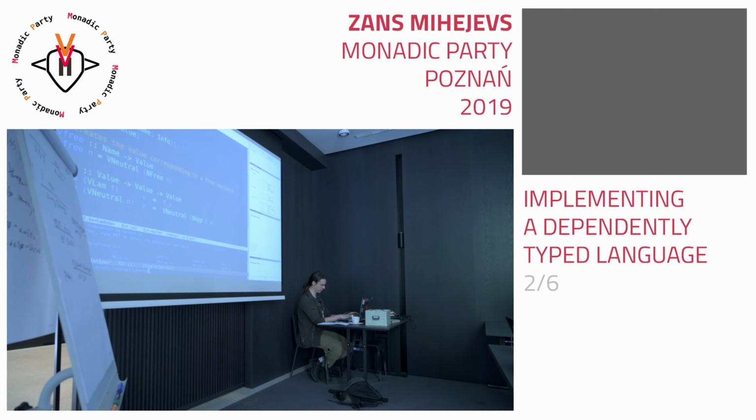The next thing we're going to look at is the evaluator. It's extremely simple. Essentially we have two functions: one evaluates the inferable, and one evaluates the checkable term. You can see that in some cases they're mutually defined. Inferable calls check sometimes. Again, if you look at the evaluation rules,